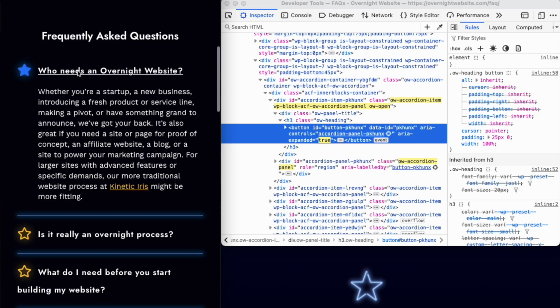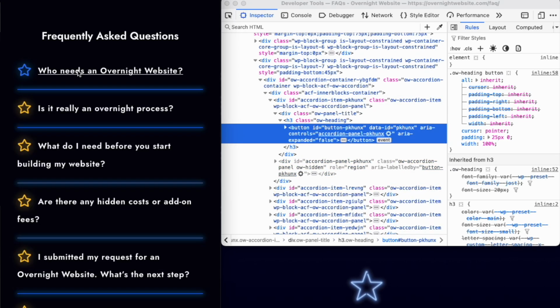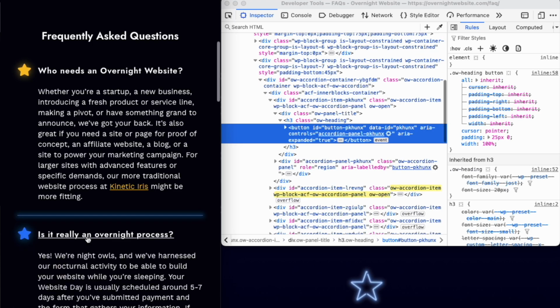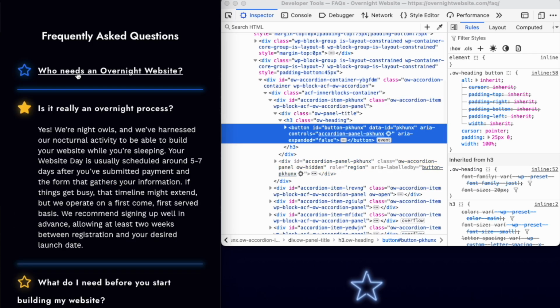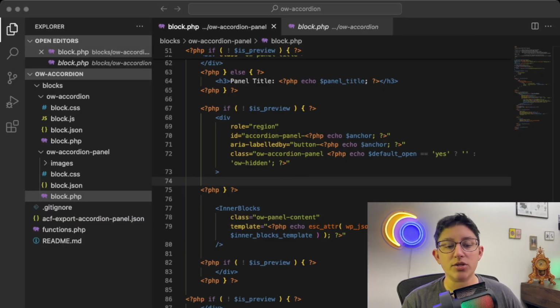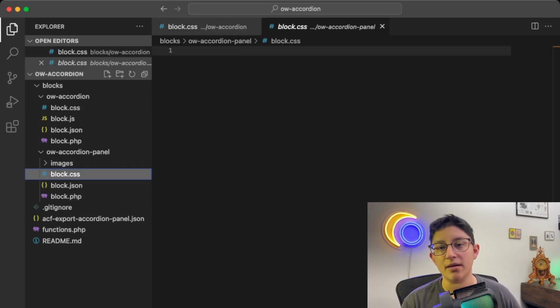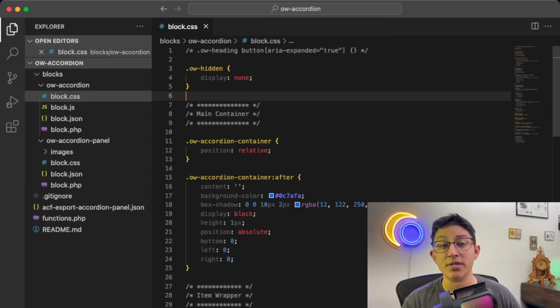And then if we pop back really quickly to the developer tools, as I open and close these items, the classes and the attributes then change their values as well. And so we're going to be doing that through our JavaScript. Really quickly, just to go over the styles, I've put all the styles inside the parent block. You'll see there isn't anything inside of the panel styles. That's a choice that I made in order to keep everything streamlined. You can't have the panel without the parent. So I wanted to keep all the styles for these elements together.